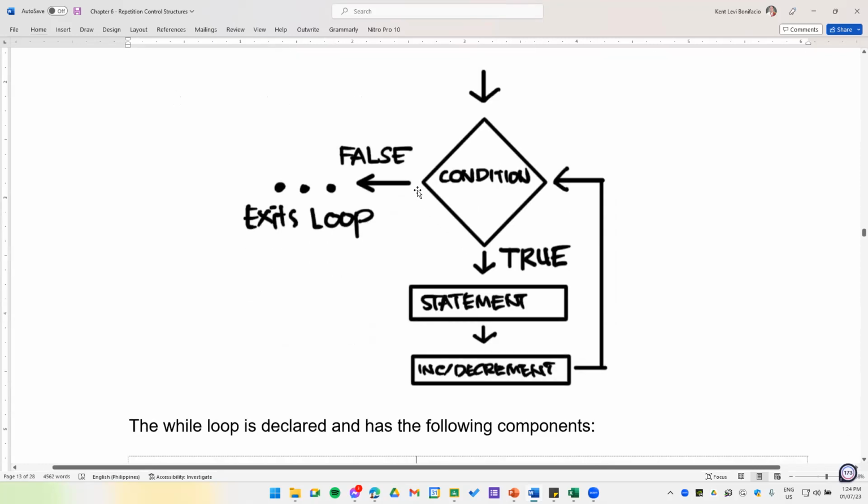Let's review this in a flowchart and pseudocode. For the process, we have the condition. If the condition is true, it will go to the statement, whatever statement will be executed repeatedly. Then comes the increment or decrement, and it loops back to the condition again. If the condition is still true, it loops back again, and so on, until such time that the condition becomes false, which makes the loop exit and continue